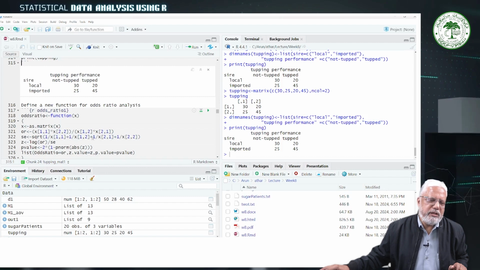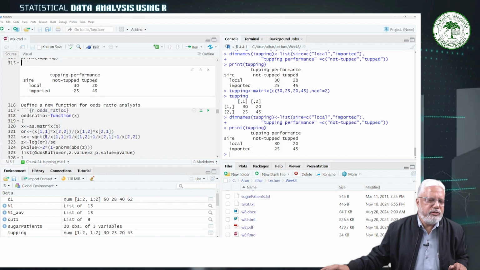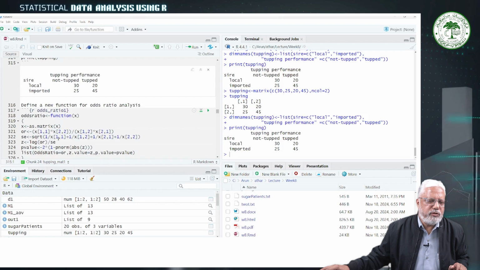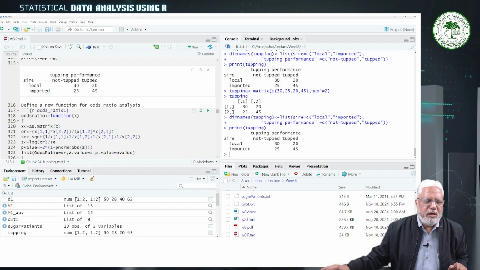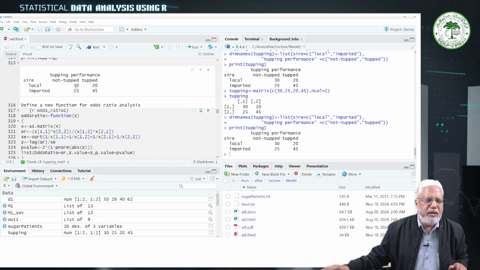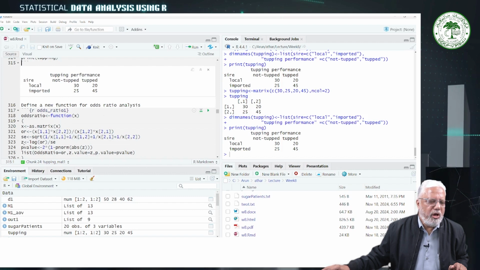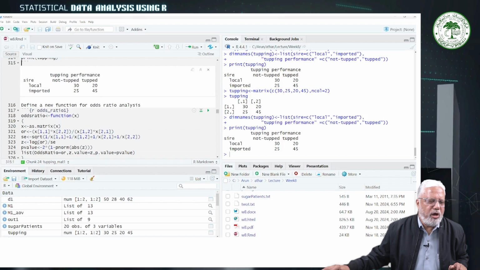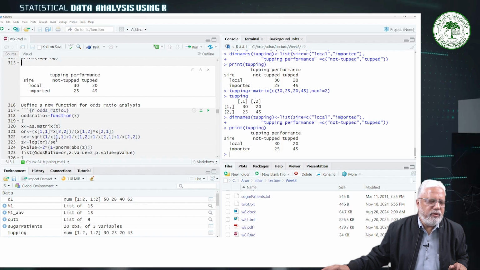You can have the standard results in any text on categorical data analysis, like Alan Agresti's categorical data analysis. So sqrt 1 by x11 plus 1 by x12 plus 1 by x21 plus 1 by x22. So these are the inverses of these elements. So log odds, z is equal to log of odds ratio divided by standard error of this, and this is z value. So when we run this,